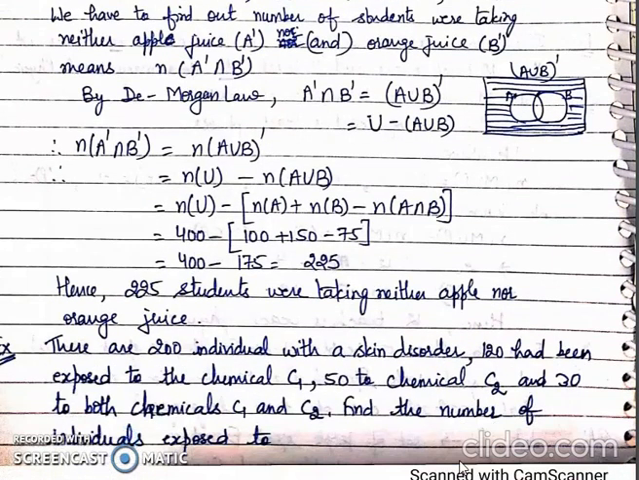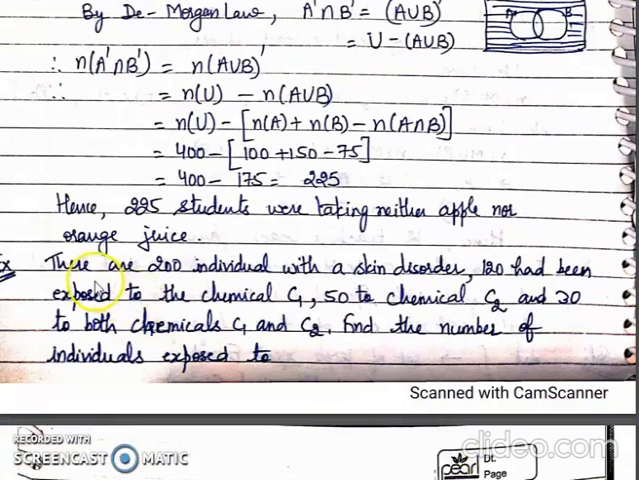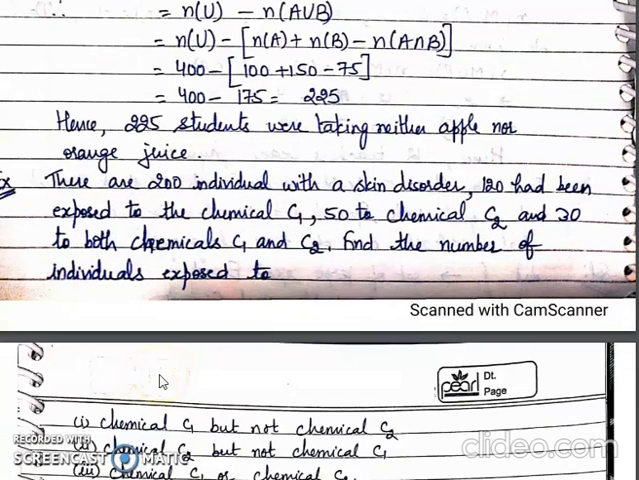Now come to one more example. There are 200 individuals with a skin disorder. 120 had been exposed to chemical C1, 50 to chemical C2, and 30 to both C1 and C2. Find the number of individuals exposed to chemical C1 but not C2. These three parts we have to find out. So here it is given to us that every